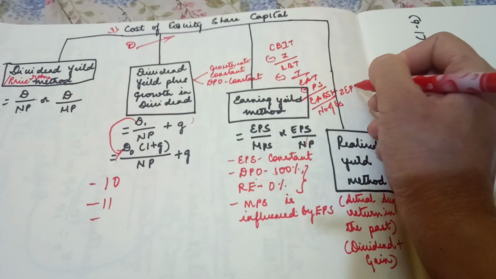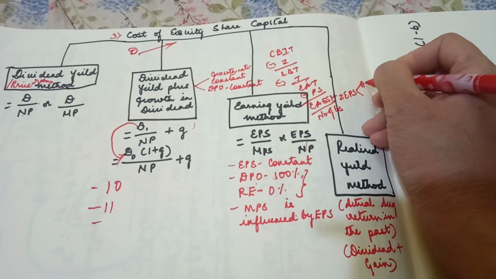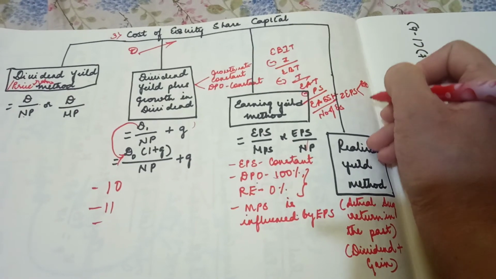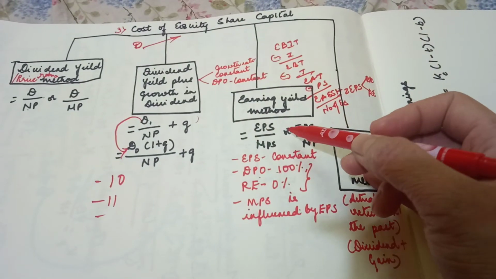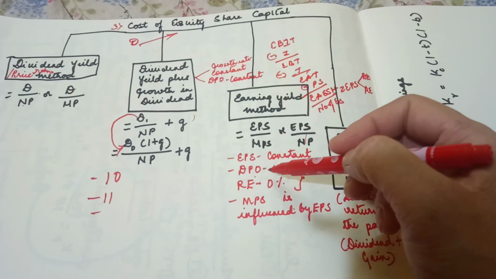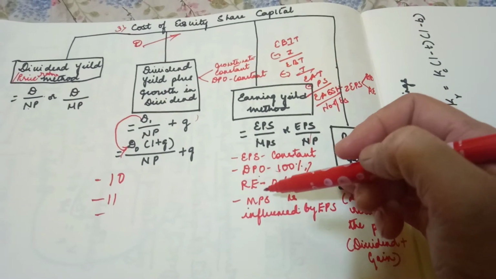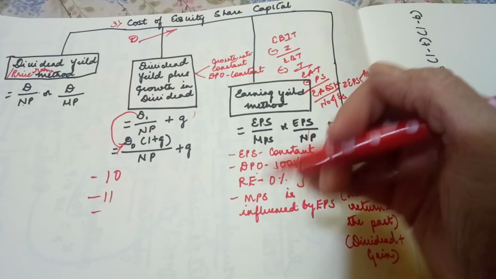This is your EPS. From this, any company will decide how much should be distributed to shareholders, how much should be retained as retained earnings. But in the earnings yield method, we are taking here directly earnings, assuming that dividend payout ratio is 100%. Nothing but whatever earnings you have got here, you are distributing